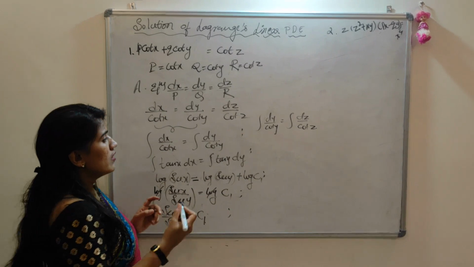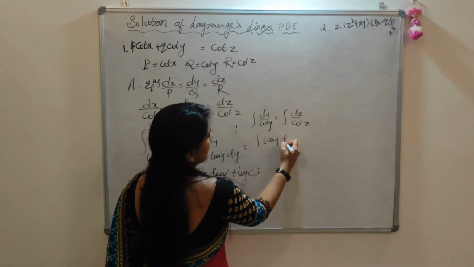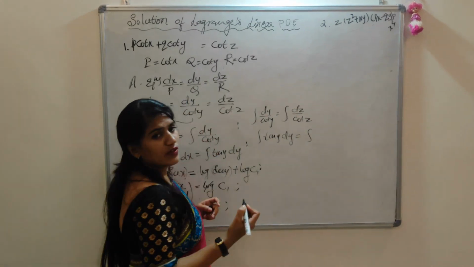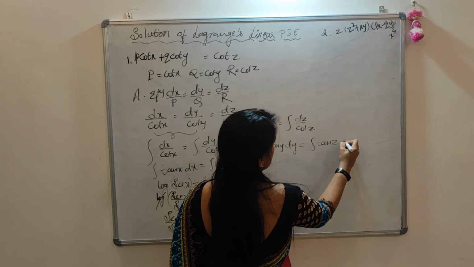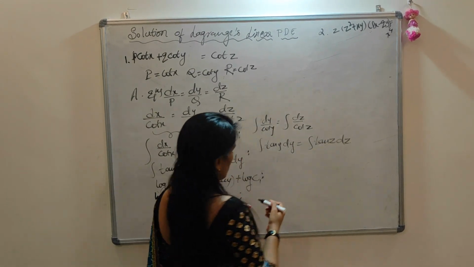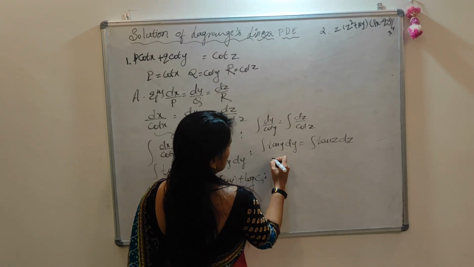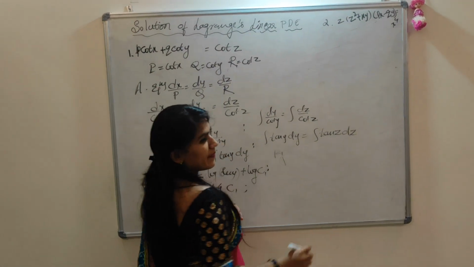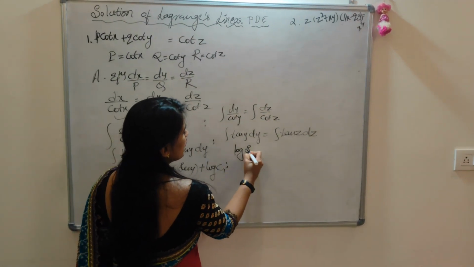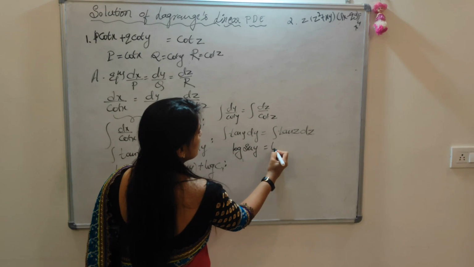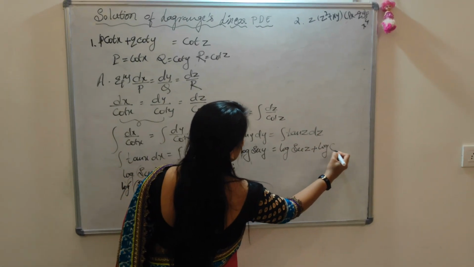Okay. So now again, cot y reciprocal is tan y. So tan y dy is equal to integration of 1 by cot z, reciprocal is tan z, so it is tan z dz. So what is tan y? Integration of tan y is log of sec y. So integration of tan y is log of sec y is equal to log of sec z plus integral constant